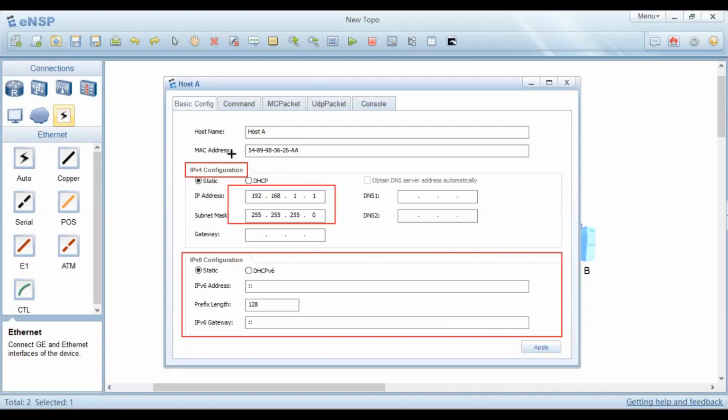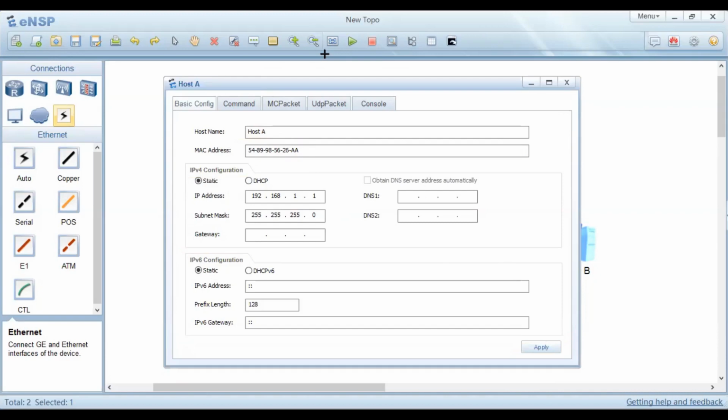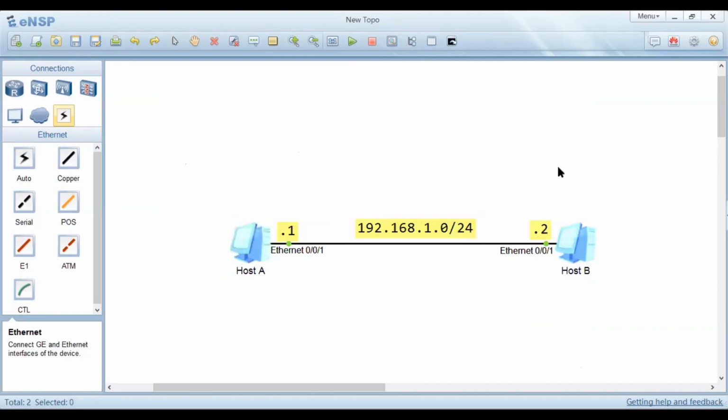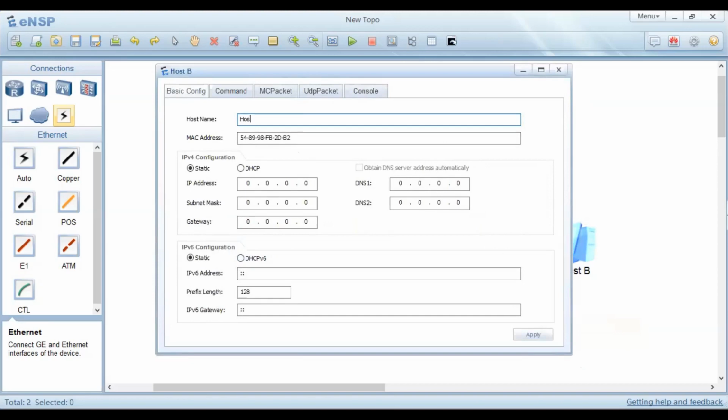So we've configured that. We've also given it a host name, and we've also changed the MAC address to end with an AA. The last thing you need to do is to click on apply so that whatever configurations you've done will actually take effect. So just click on apply, then you close that window. Then you can do the same for host B. So you open up settings by right clicking on it, then you give it the name host B. You come here, you change the MAC address to BB, then you give it an IP address